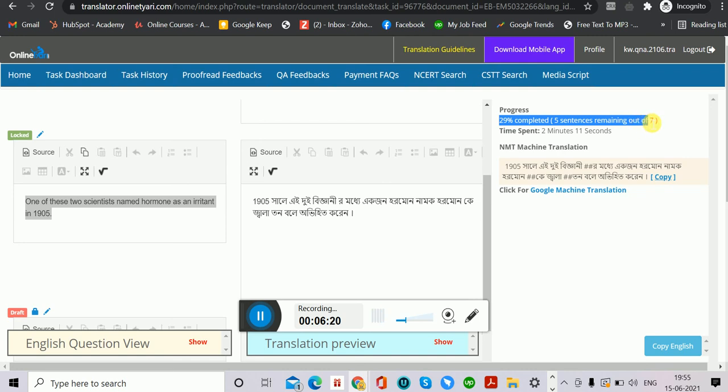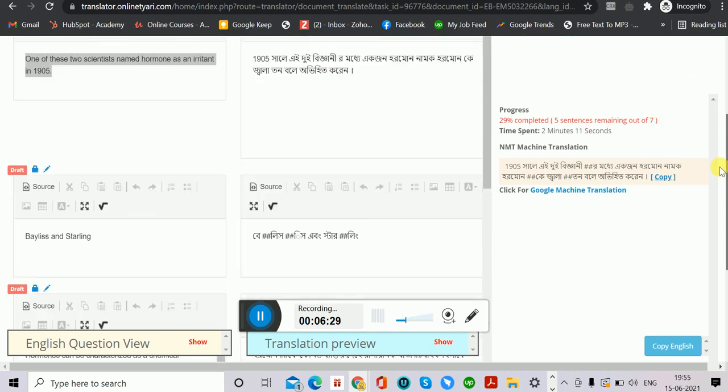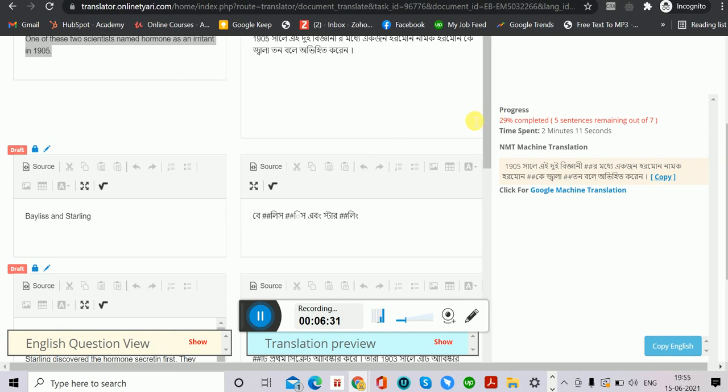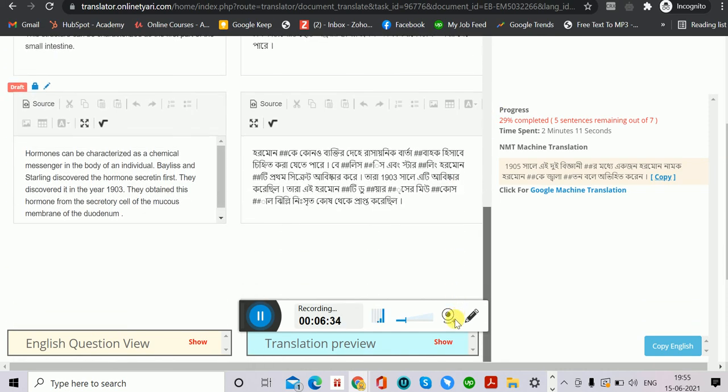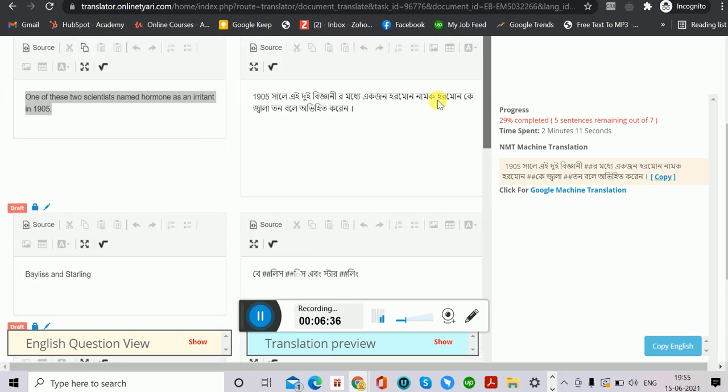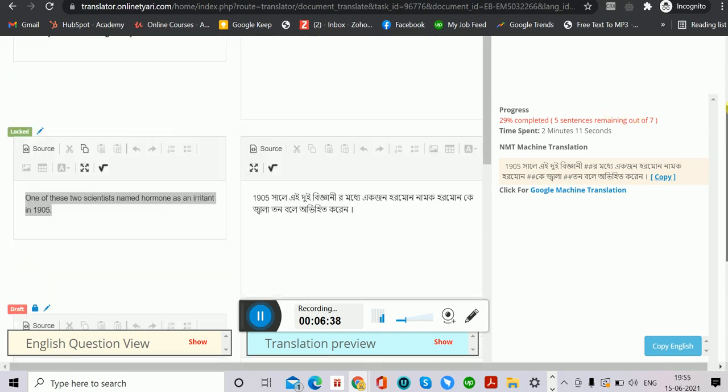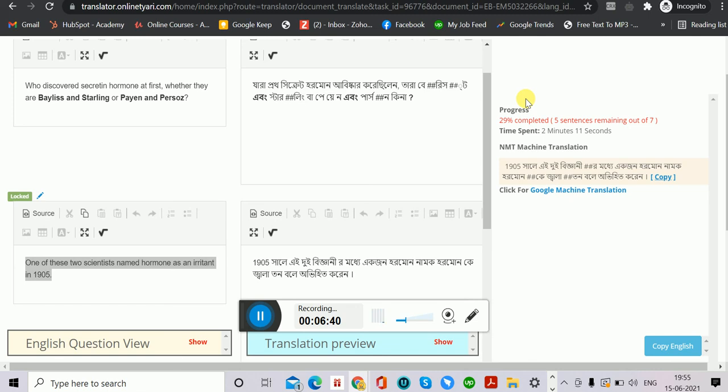Okay, after when you get 100% progress, you will get a green submit button here. What you have to do is just click on the submit button. After this, that question will be submitted successfully. Okay, after that, go back and do the next questions. All you have to do is complete all the next questions. When you get 100% progress in this task ID, then your work is completed.